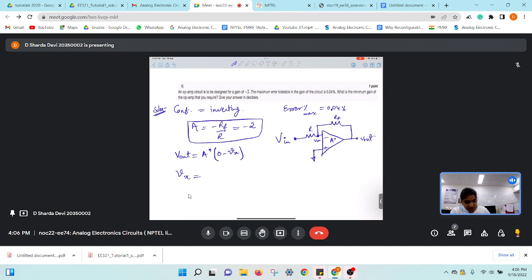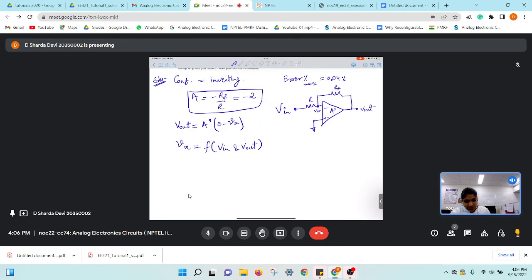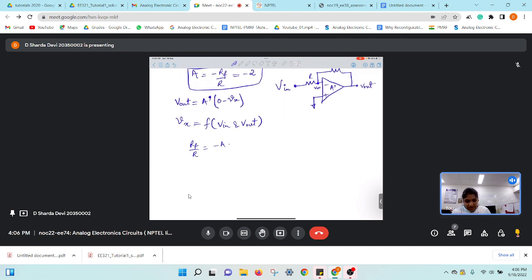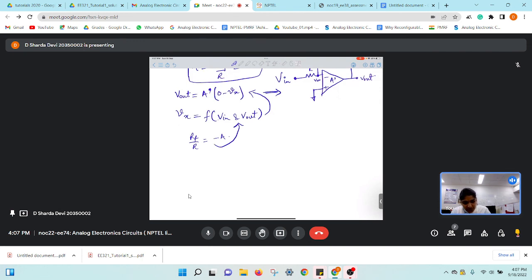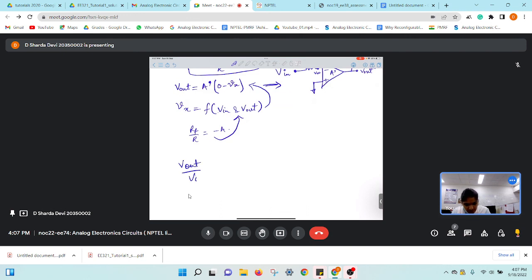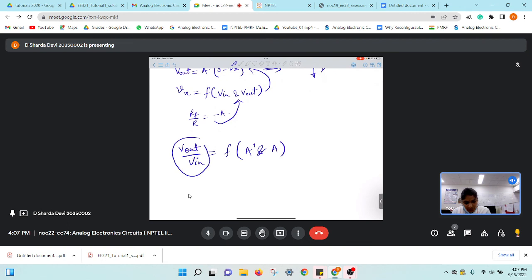You will get Vx as a function of Vin and Vout, right? So you will simply substitute it here, and where you had RF by R, you will change it to minus A, and let this A dash remain as it is. Again, while solving, first you substitute this one, and in this also you substitute this one, and the final expression you get is Vout by Vin equal to a function of A dash and A. We say this Vout by Vin is A mod,